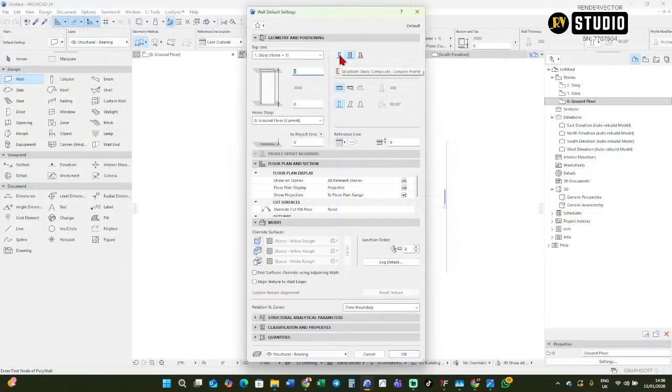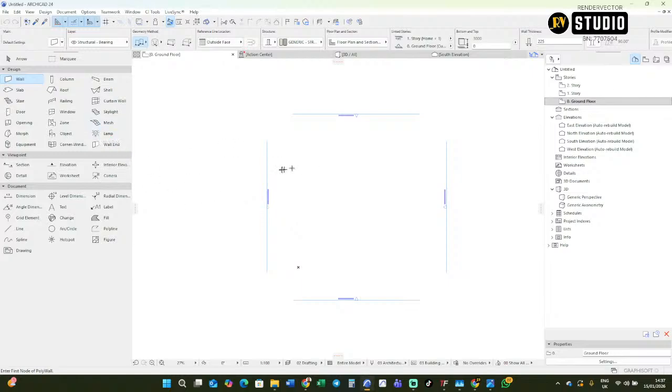So I always set it to this one, because once it's in the middle, you can't really adjust this, but I prefer this one so that I can adjust this to the wall thickness I want, which is 225 or 230. Yes, the size of block we have, maybe overseas, this is their size, but here, yes, this is what we use. So once I set it to 225 and press OK, and I drop my wall,